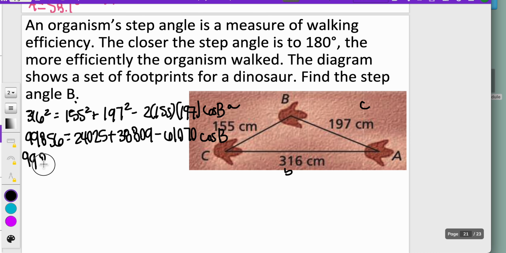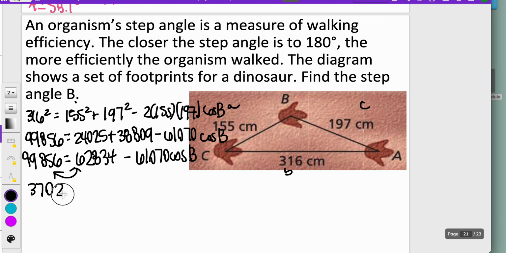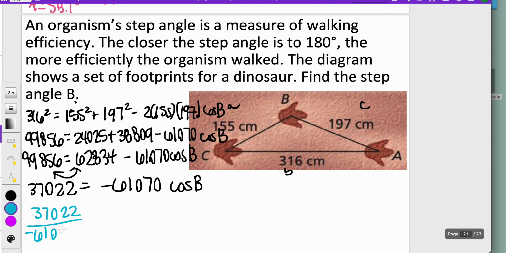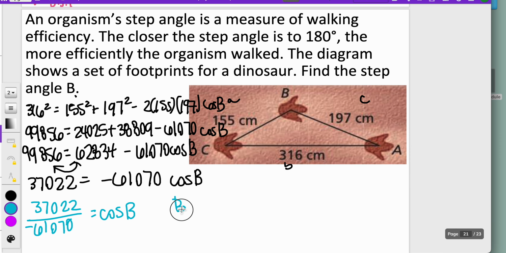Let's add some things together. 99,856 is equal to 62,834 minus 61,070 for the cosine of B. I'm going to subtract these two items here to get 37,022 is equal to negative 61,070 cosine of B. Then I can find the cosine of B by having 37,022 divided by negative 61,070 for cosine of B, which means B can be found by finding the cosine inverse of 37,022 over negative 61,070, and that's giving me about